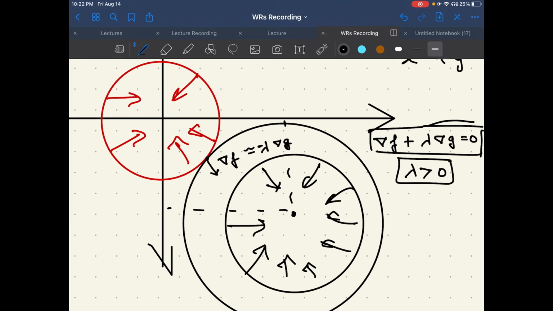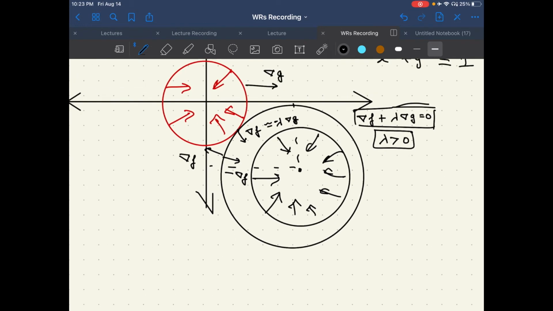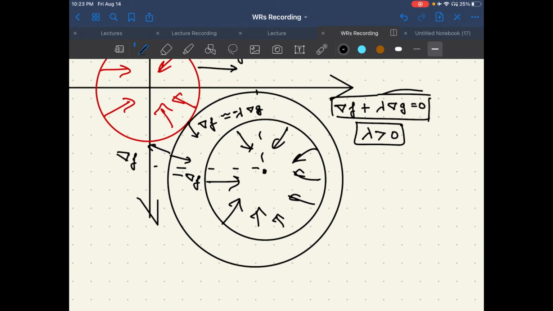If our lambda changes sign, then we are playing with directions which are not compatible, because we know in this example that our circle is increasing in this direction. So this is the direction of positive gradient, and in the opposite direction we should have negative gradient. Similarly, this constraint is also increasing in the outward direction, so that has to be the direction of positive gradient, and at this point the negative gradient is parallel to the positive gradient of the constraint. Also, as soon as this lambda is greater than 0, we say that the constraint that we are imposing on g has become an active constraint.